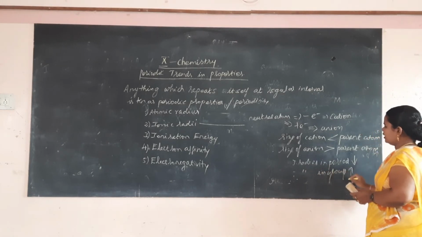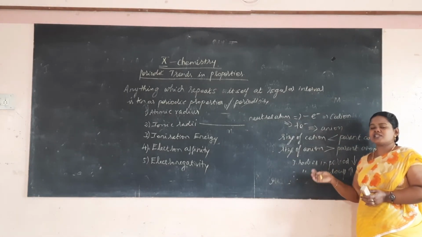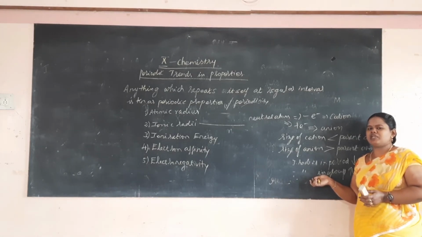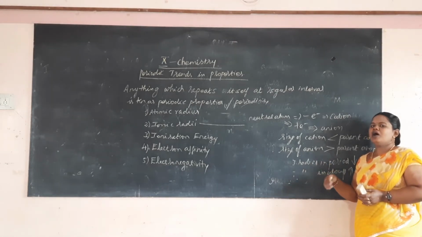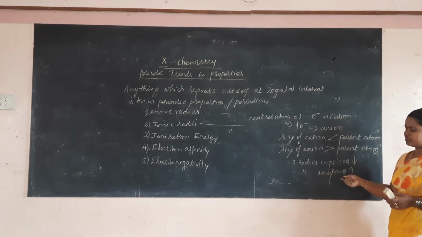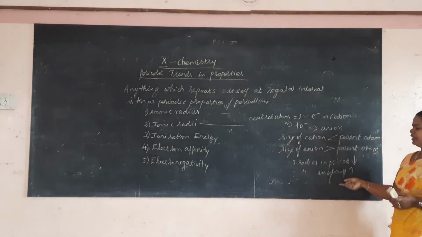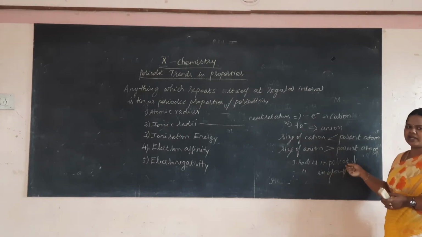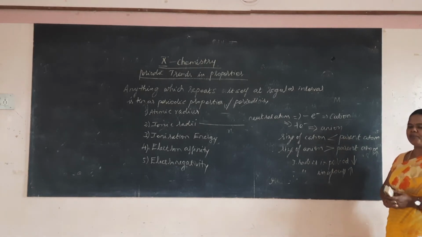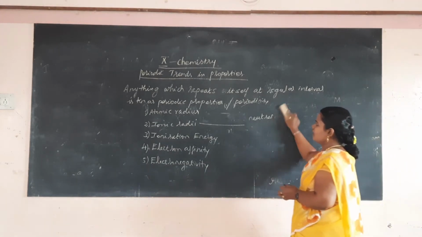So in group what happened? Here the electrons are added to a new shell, and since the shell number increases, there will be more shielding effect. So in your textbook, the shielding or screening effect is not mentioned. The inner shells will screen the outer electrons from the nucleus, or the nuclear charge will decrease. So when the nuclear charge decreases in the group, what happened? The ionic radius along the group increases, and the ionic radius along the period decreases. So the same reason you have to write for the ionic radius. So those are the reasons you have to remember properly. Then only you can write for each and every periodic property.